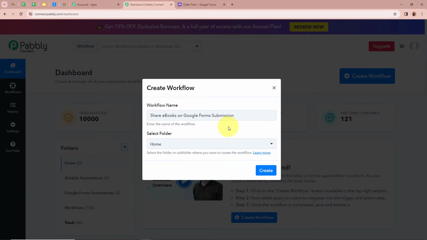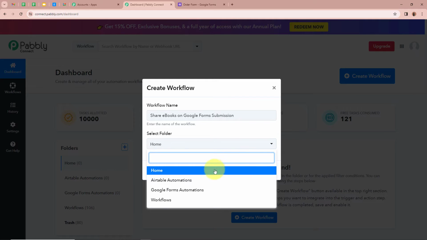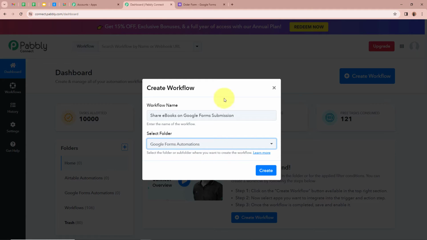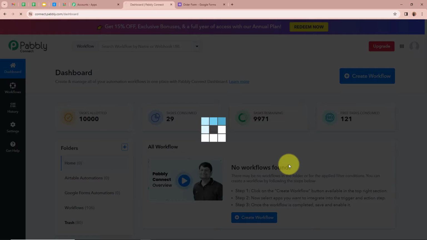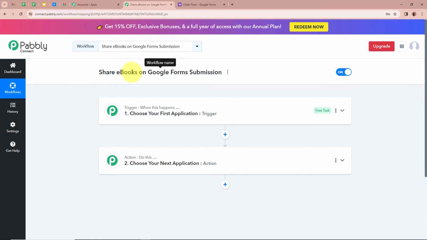For that, what we have to do is we have to click on this drop down arrow right over here. These are the folders that I've created in my Pabbly Connect account, from which I'm going to select Google Forms automation as the folder I want to save this workflow in. After selecting the folder and giving the name to our workflow, we need to click on Create in order to create a workflow. A workflow is created in the name of Share ebooks on Google Form submissions,